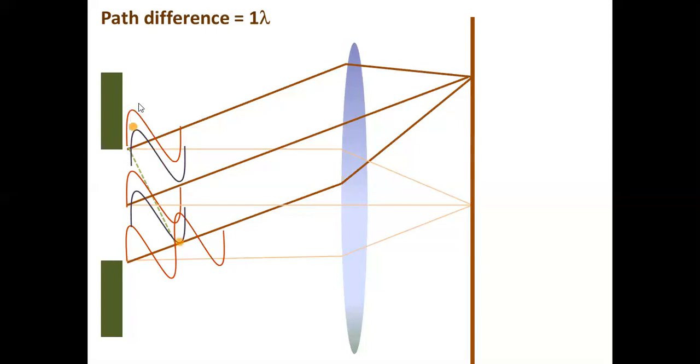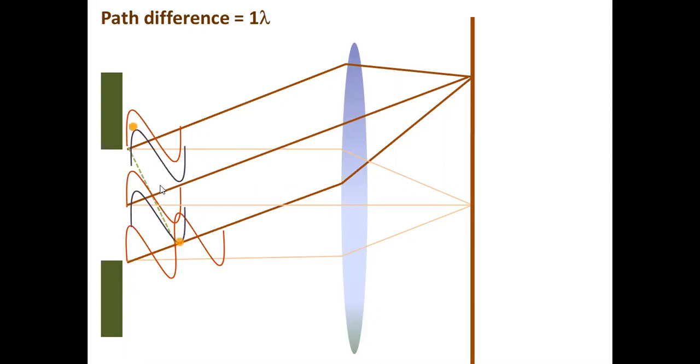For a wave starting from here, there is a wave starting from here, which has a path difference of lambda by 2. For a wave starting from here, there is a wave starting from here, which has a path difference of lambda by 2. For all the waves starting from the upper half of the slit, there are waves in the lower half of the slit which will cancel each other. Sir, if I consider another wave just below this, there is a wave here, and for this wave, there is a wave here. So every wave will cancel.